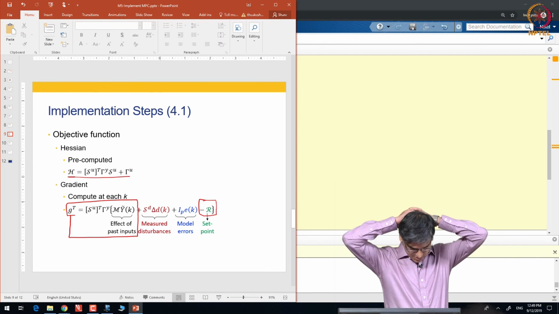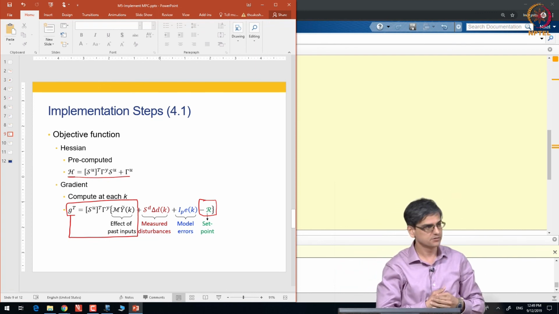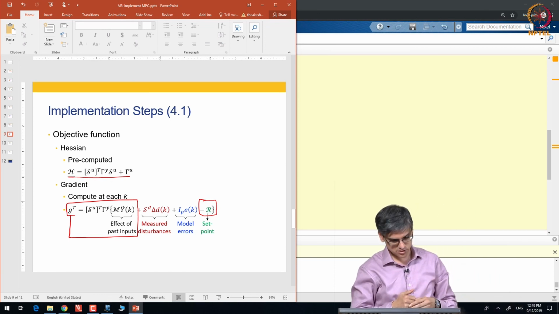What shift is this? This is the upward shift operation by p amounts, and then you have the set point.